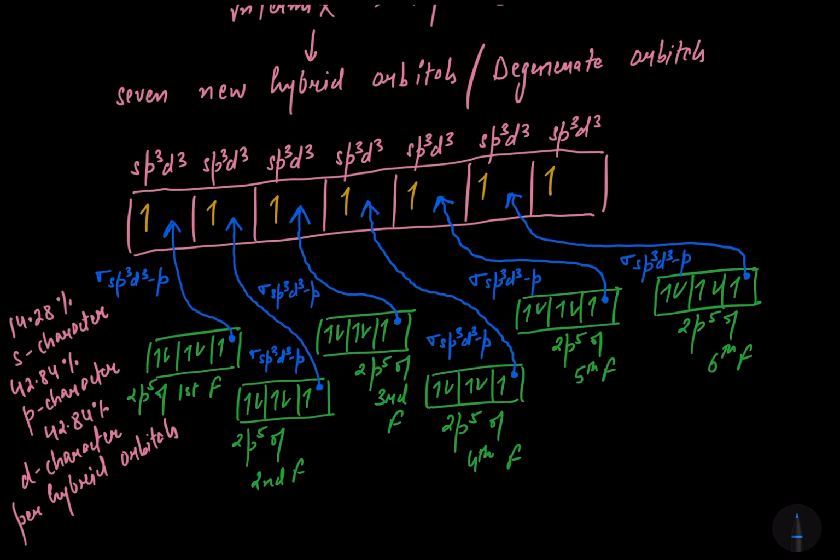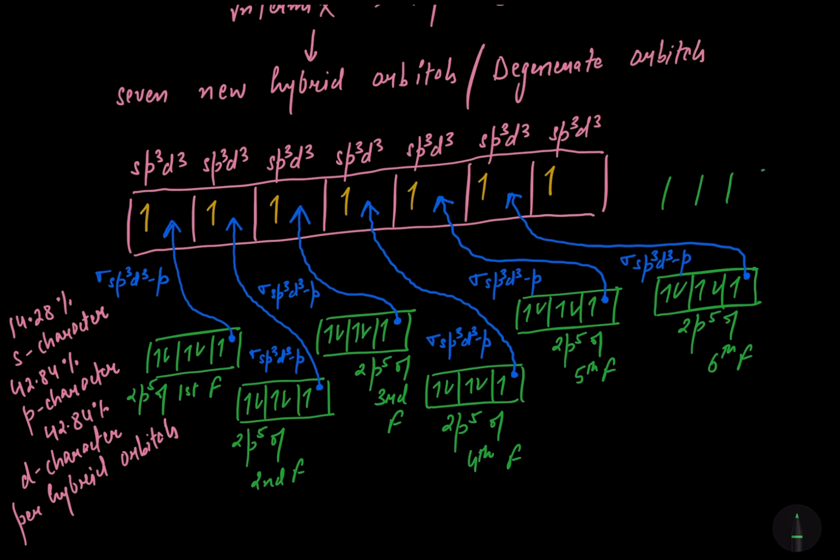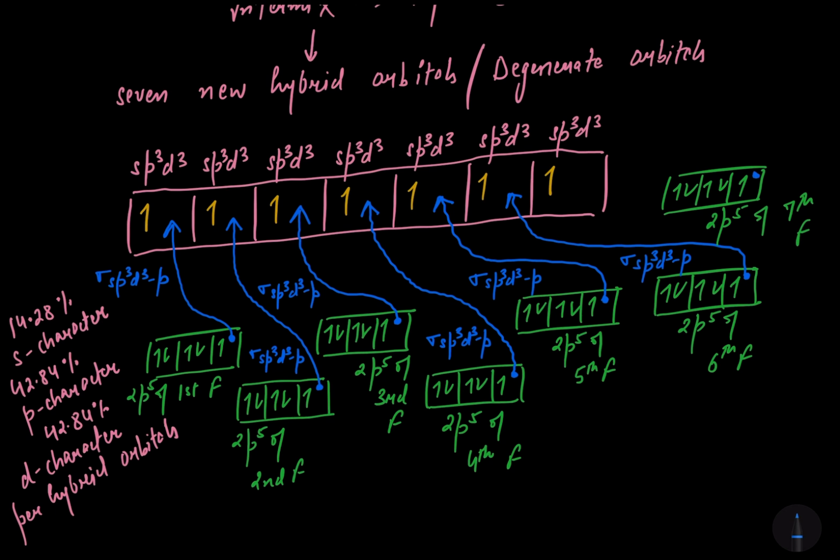At last, let's talk about the seventh fluorine atom, the last one. That's the 2p of the seventh fluorine containing 5 electrons, 1, 2, 3, 4, 5. Here we are having again one atomic orbital containing one electron. So that atomic orbital of 2p containing one electron will have the head-on overlap with the sp3d3 hybrid orbital of iodine forming the sigma